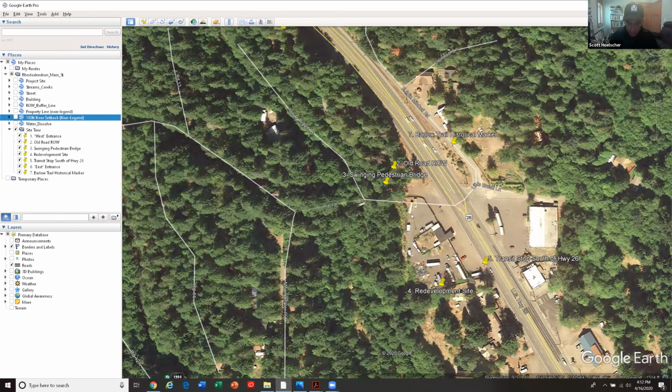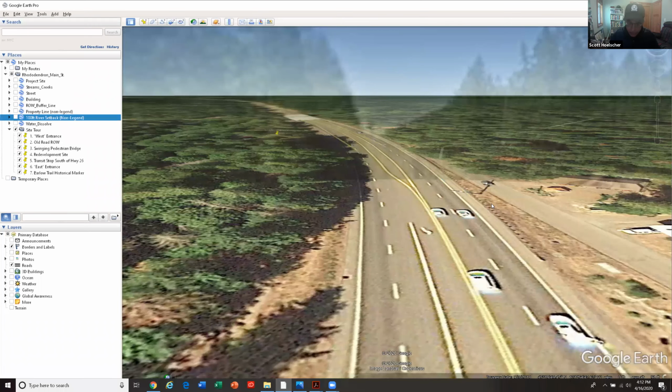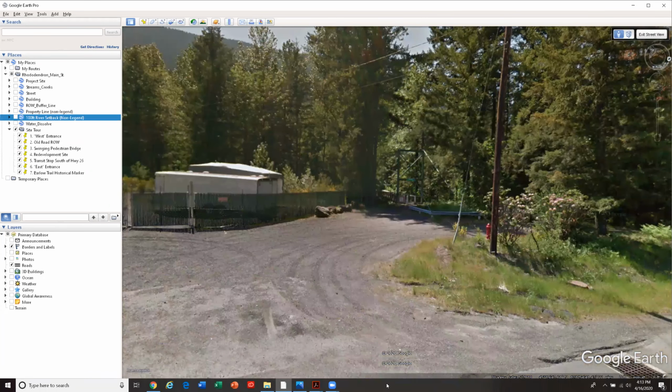Yeah, so this old right-of-way that adjoins the two redevelopment site properties is, back in the day, as you guys know, the Mount Hood road crossed the Zigzag River, and then the bridge was washed out by the floods in, I think, 64. Steve, correct me if I'm wrong, but in the early 60s. And then it was replaced by a pedestrian bridge. But this old right-of-way remnant, which we're looking at here, feeds into the swinging bridge,